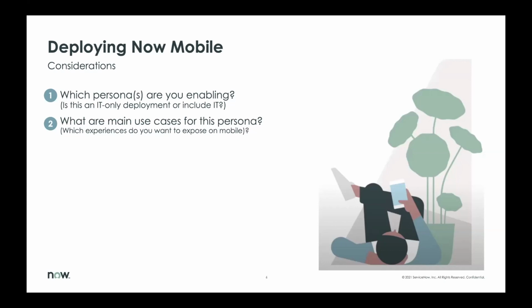But what I want to point out here is, there does need to be a little bit of coordination and collaboration between your internal groups before you deploy anything new in Now Mobile, because you want to make sure it's a consistent experience, right? You want to make sure that you're bucketing things in a consistent way so that you're not creating fragmented experiences for your customers to navigate through. So you do want to make sure that you have both groups at the table